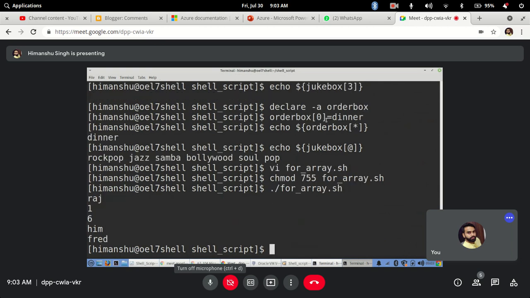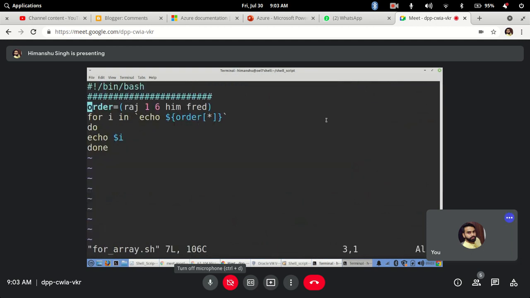Okay, if you see, the for loop is printing the specific values here. Now why like this? Because I have done echo. Let's say I remove echo here, x. That's why I normally prefer to use echo, so you don't need to worry whether you have to give dollar star or at the rate. Now in place of that, what I will use, x. Okay, now let's run it like this.